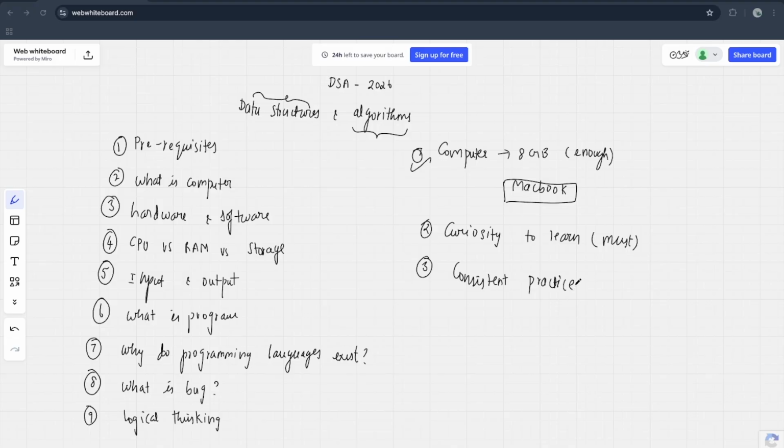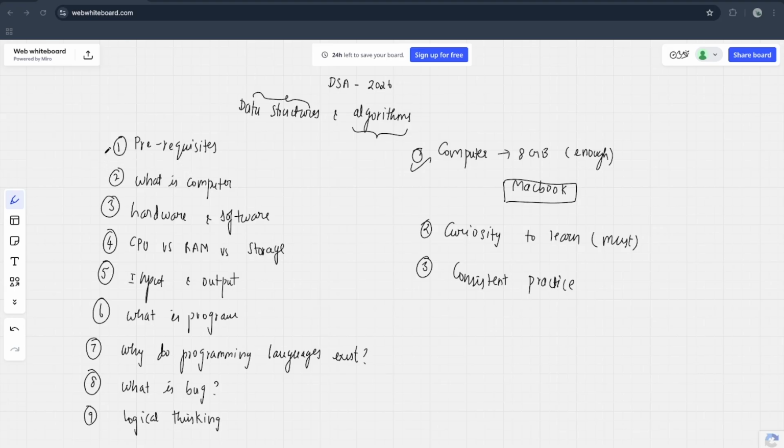If your goal is to get placed in Google, Amazon or Apple, then consistent practice is really important. That shows how determined you are towards your goal. Consistent practice means you need to be solving problems for 8 months without any break. If that is the case, then of course you're going to get placed in a good company of your choice. So those are the basic prerequisites that you must know.